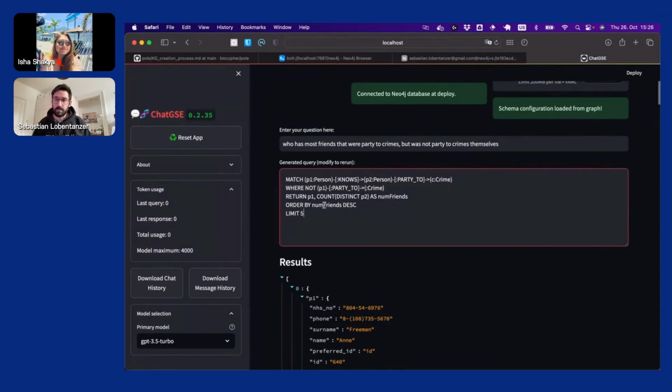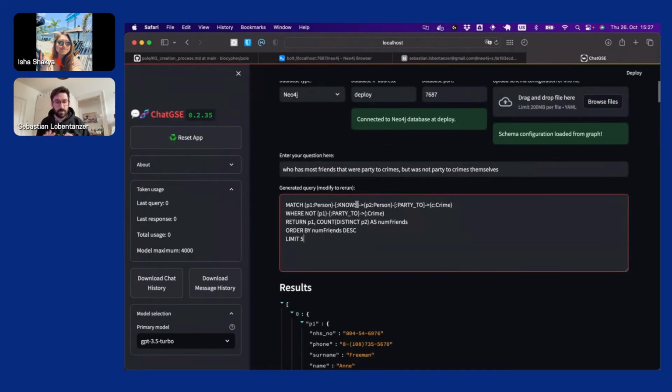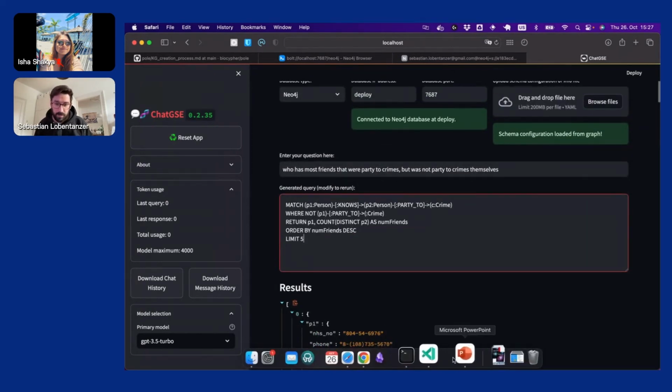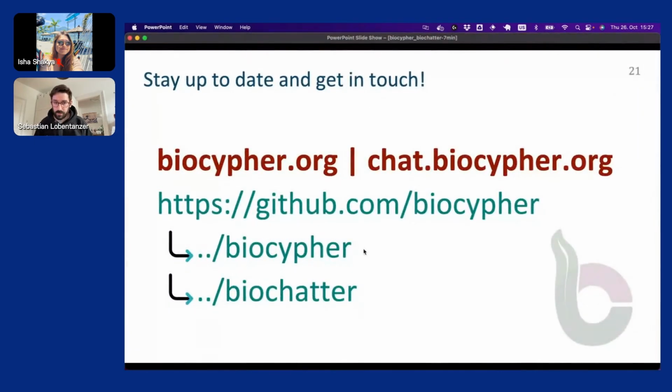And this is basically all that I wanted to show. It's very much work in progress, and it's all open source and very collaborative. We are currently writing the paper about the BioChatter repository. So if you want to get involved, you can do so at your own pace, either by joining our Zulip chat, writing me an email, or directly on GitHub. And now I'll just have a look whether there are any questions.